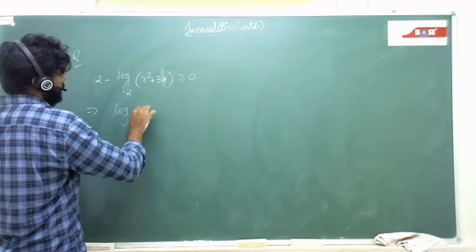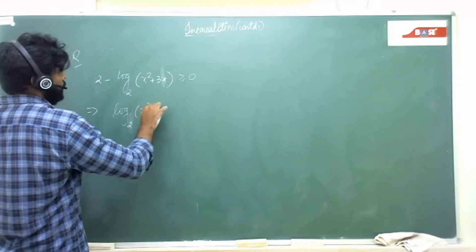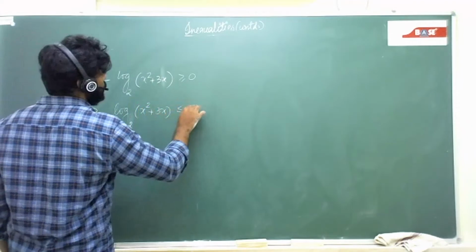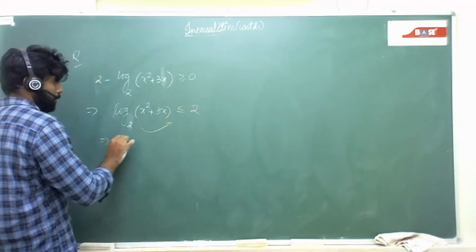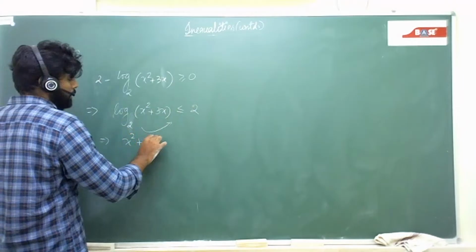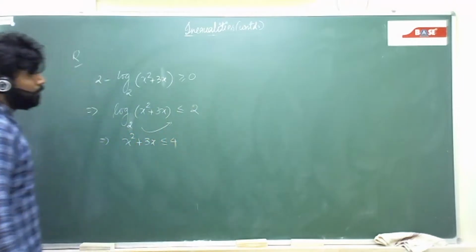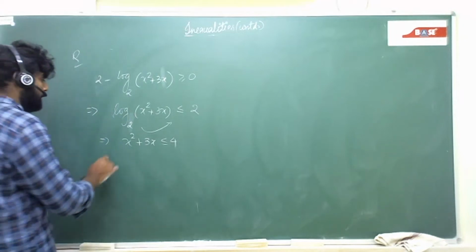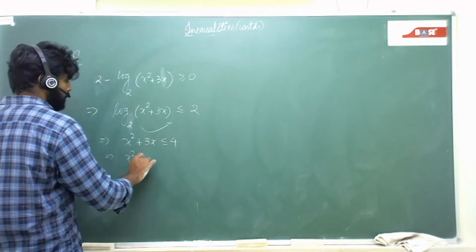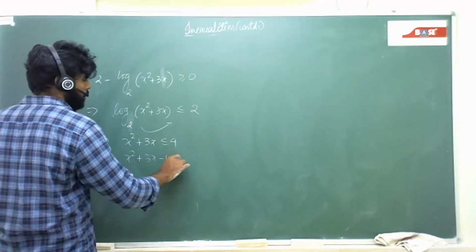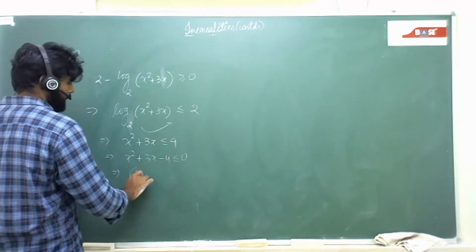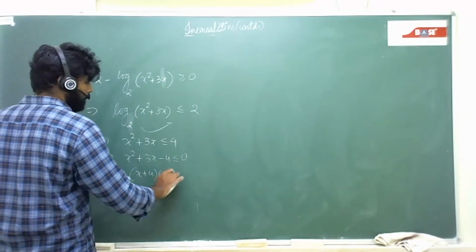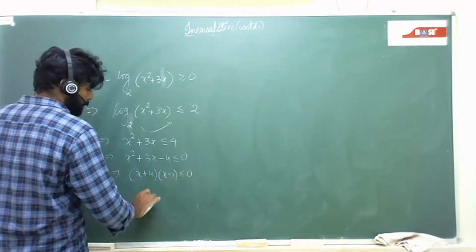So we'll be having it x square plus 3x is less than equals to 2. Take anti-log. So x square plus 3x is less than equals to 4. Transposed, so we have it like this, x plus 4 into x minus 1. So x is between